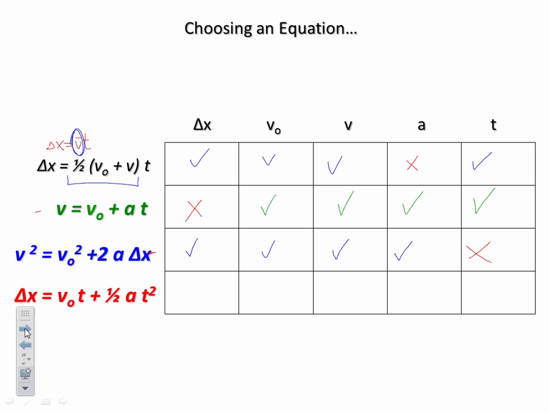There'll be some times where you get the idea. This one has delta X. It has V naught. No, it doesn't have V final. It has A, though, and it has T. So notice, they all have a different thing they're missing. This one has no A. This one has no delta X. This one has no T. This one has no V final. They all happen to have V naught. Coincidence. So the idea of this slide is we should be able to, based on a question, figure out what we're given, what we want to find, and therefore which equation has all those things in it.